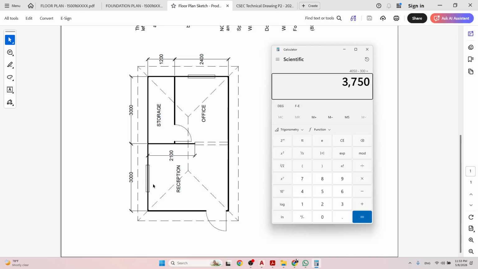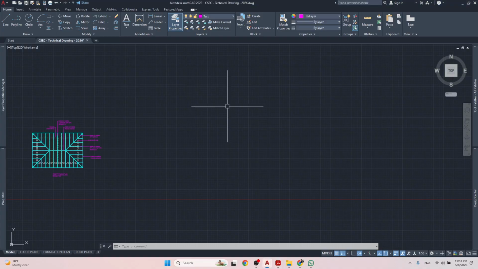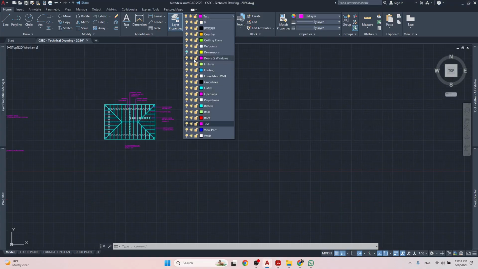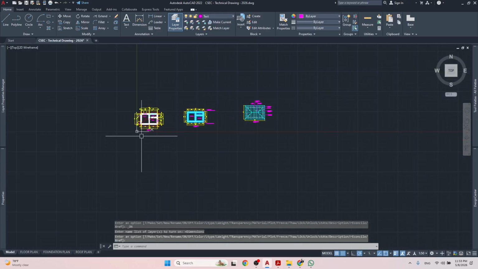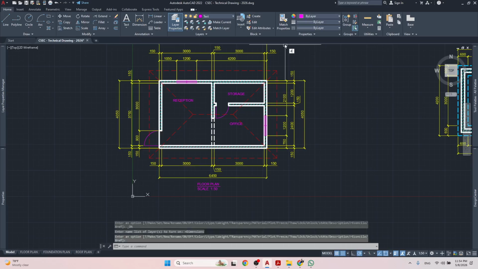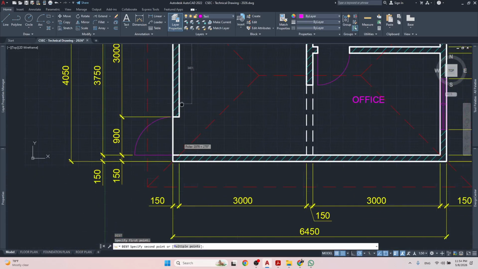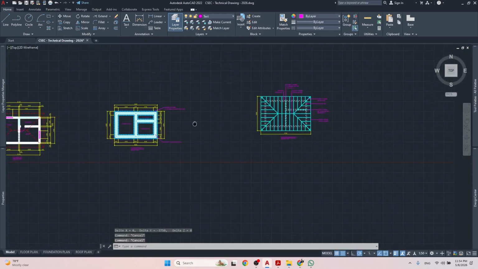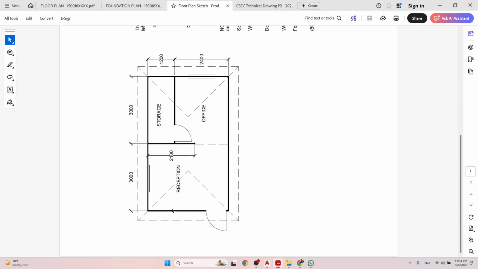That means the width of this room is 3750 millimeters. All right. And if we actually measure it, we would see that the distance in this room is 3750 millimeters. Right. So with that in mind, and looking at this drawing, I'll have a wall that is 4050, I believe it was, from end to end, and then there's going to be a 150 millimeter space before